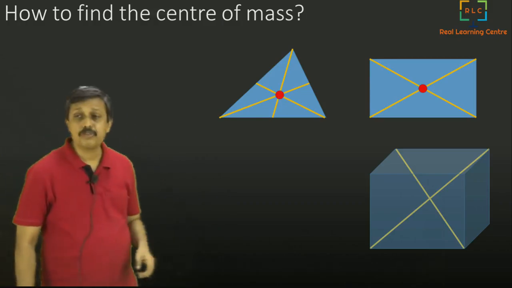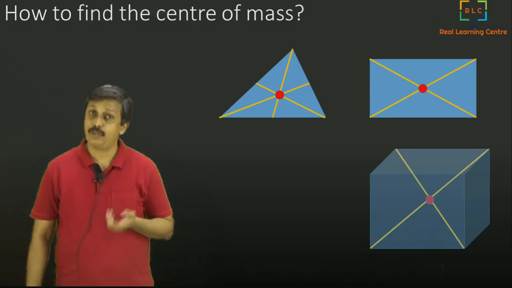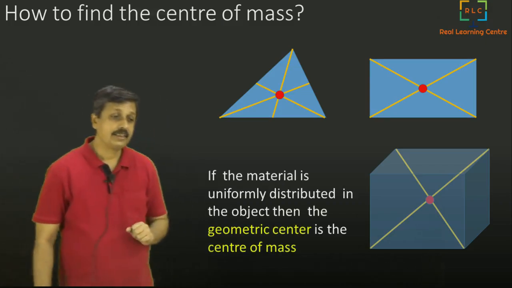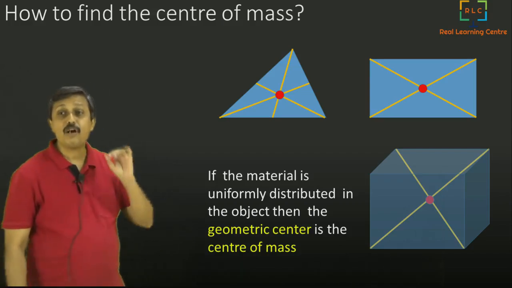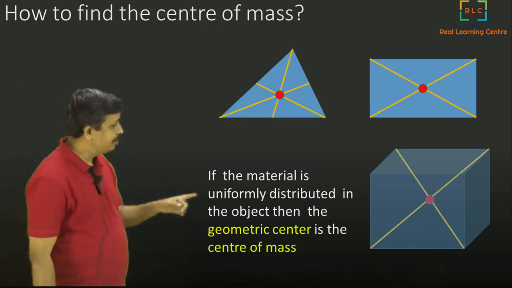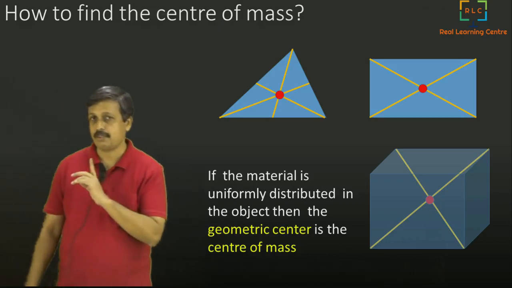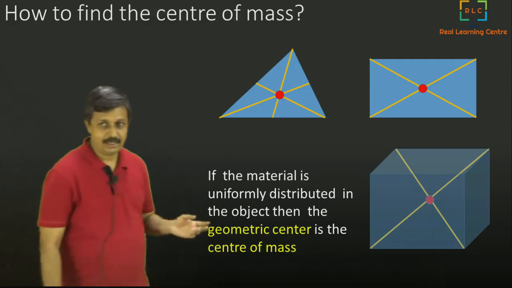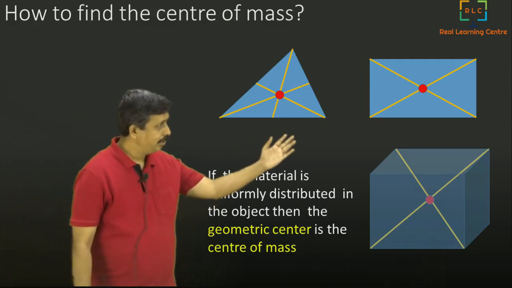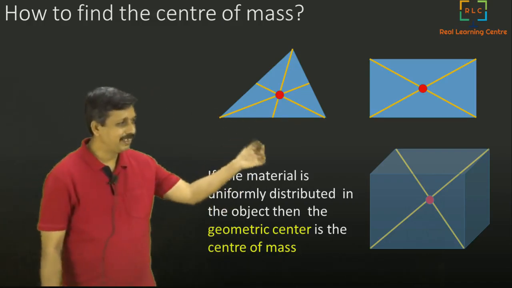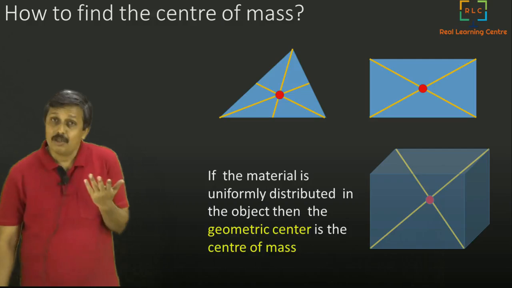And the center of the cube is basically where your center of mass is located. So now we will say that if the material is uniformly distributed in the object, then the geometric center is the center of mass. That means if you take an object where its material is not uniformly distributed, that means it is thicker in one place, thinner in another place,